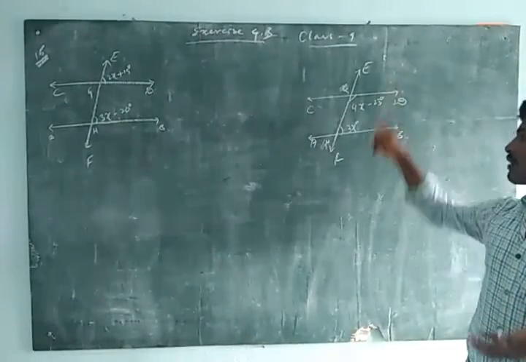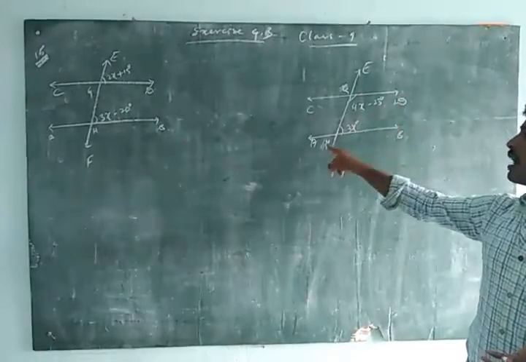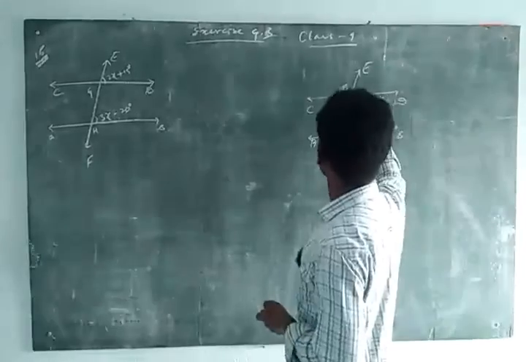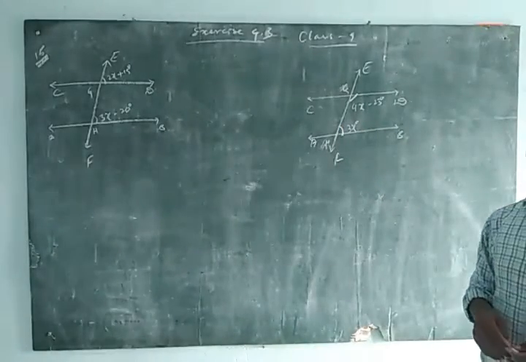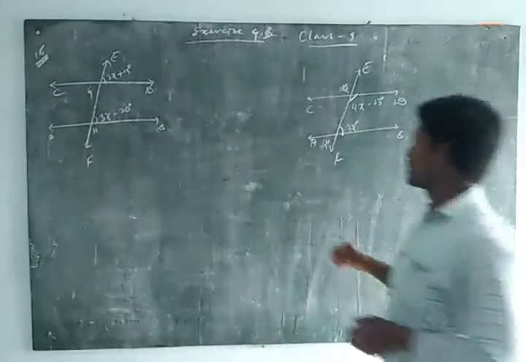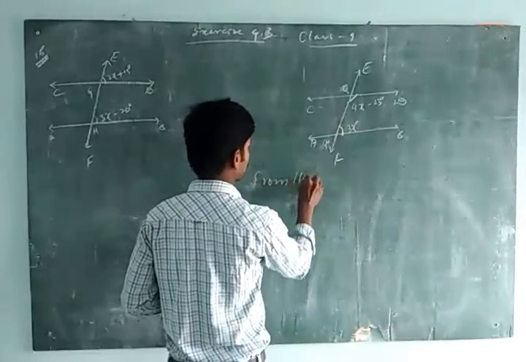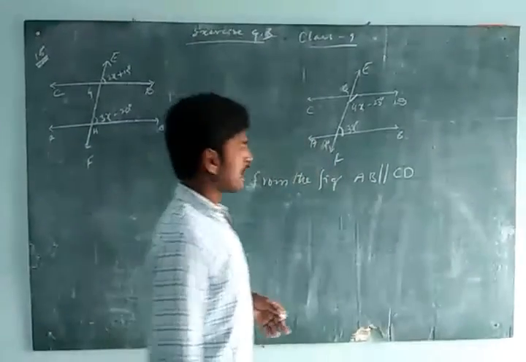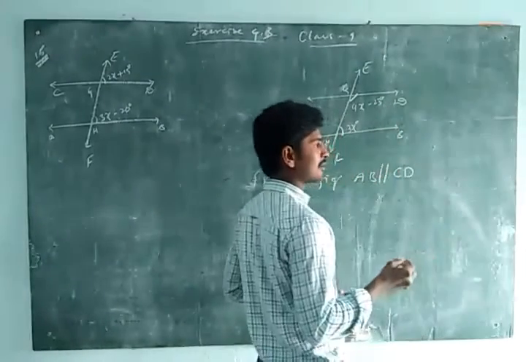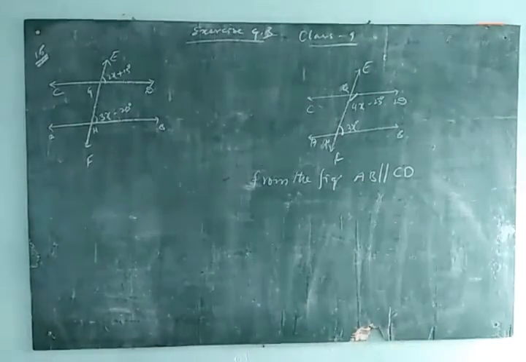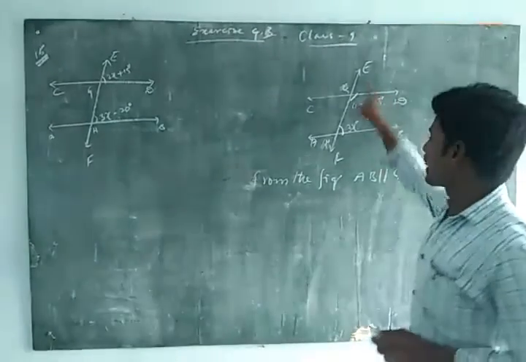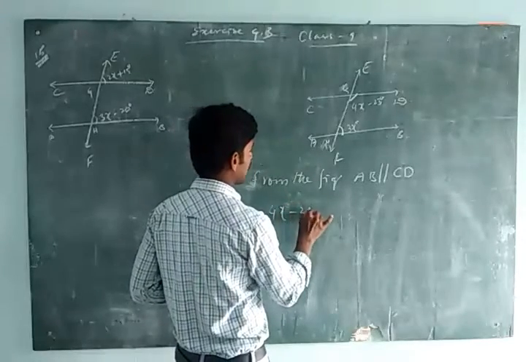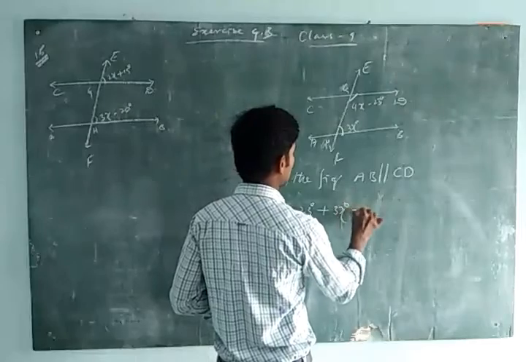Then I take another question in this. AB is parallel to CD, EF is transversal, the angles are 4x minus 23 and 3x, here angle x. Now we need to find the value of x. No y here, only x is there. You know that here co-interior angles must be equal to 180 degrees, same side of the transversal. The piece we are taking from the figure. AB parallel to CD and EF is transversal. Now we are writing here 4x minus 23 degrees plus 3x is equal to 180 degrees.